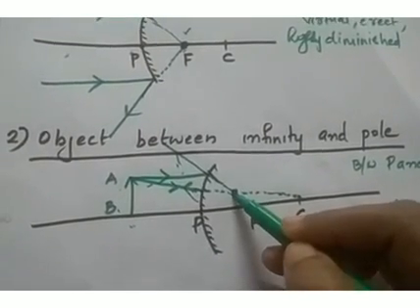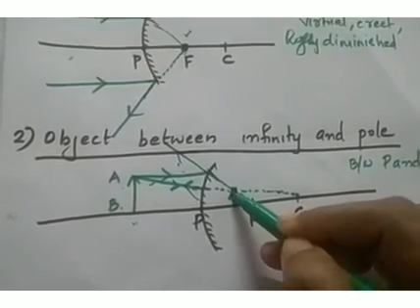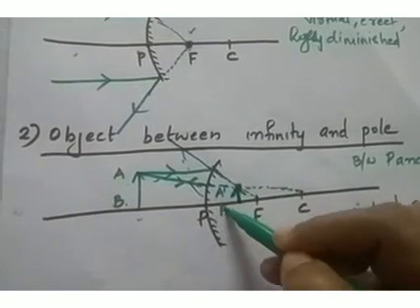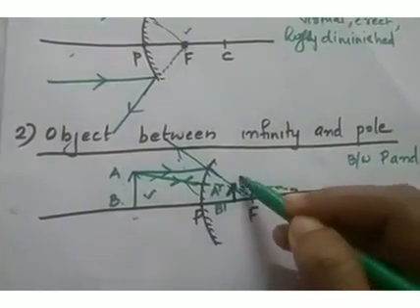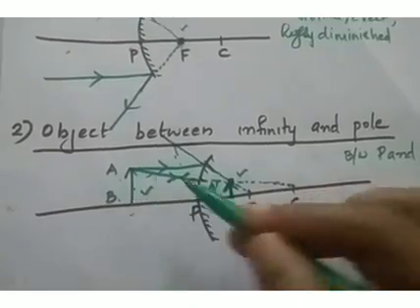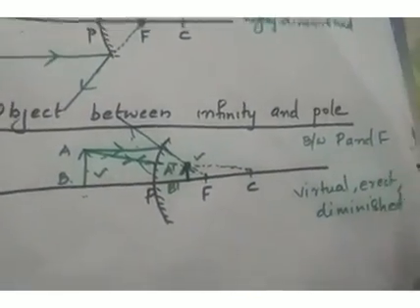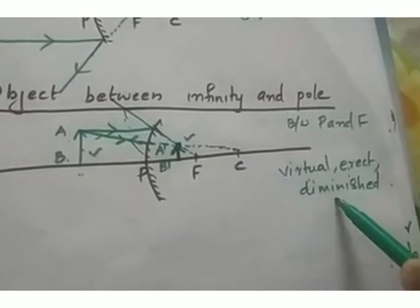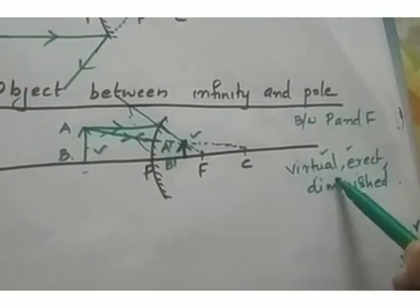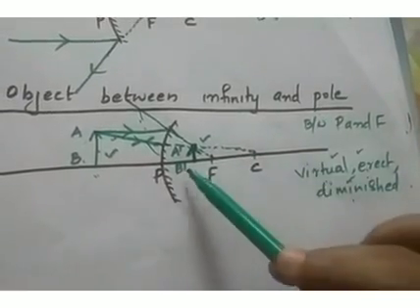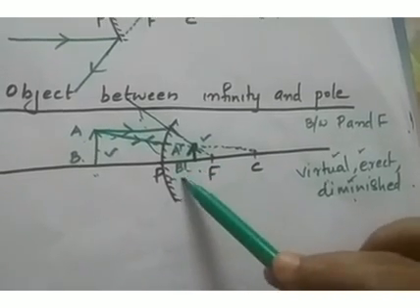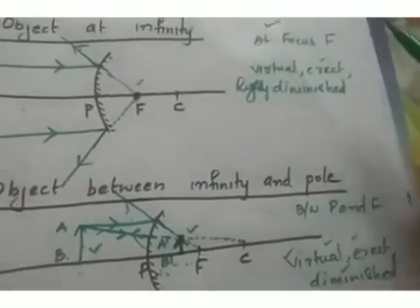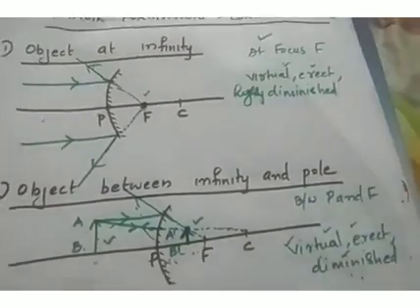So you will get a virtual image, and virtual image will be an erect one. So the image can be represented like this. This is the image A dash B dash. So this is object, this is image. See which is bigger? Object is bigger, image is diminished. And here also the convex mirror produces virtual, erect and diminished image. And it is formed between focus and pole. Position of the image is between focus and pole. What is the nature? Virtual, erect and diminished. In the first case also, what is the nature? Virtual, erect and diminished. Okay.